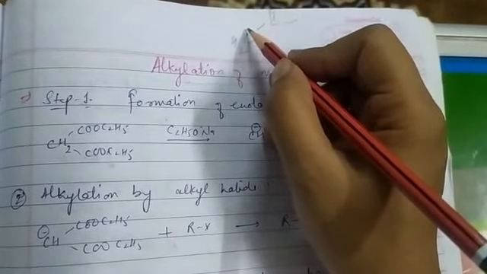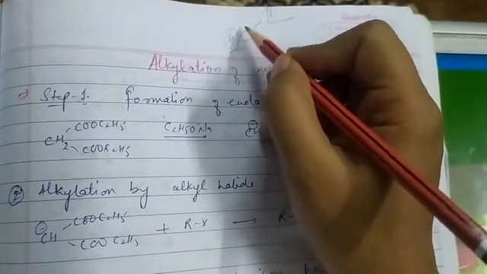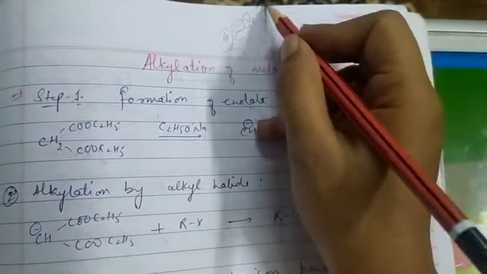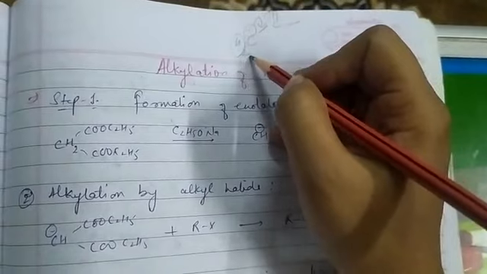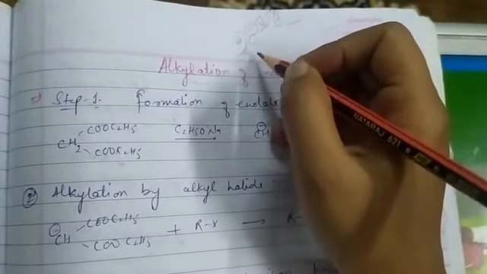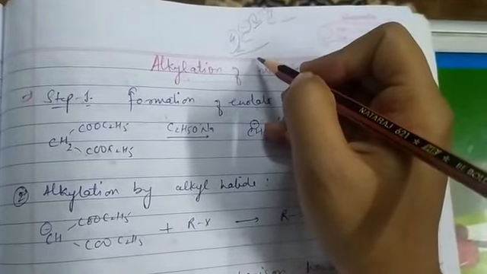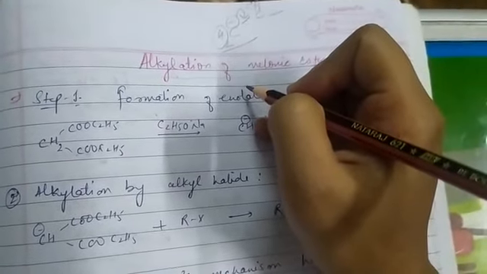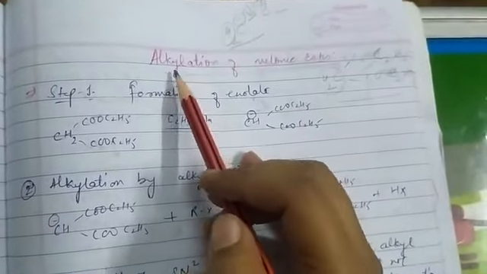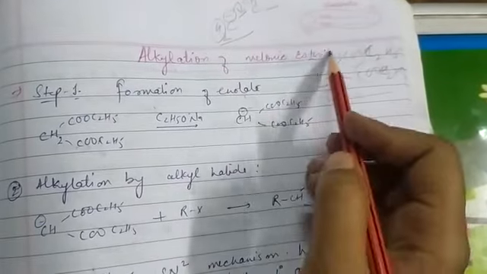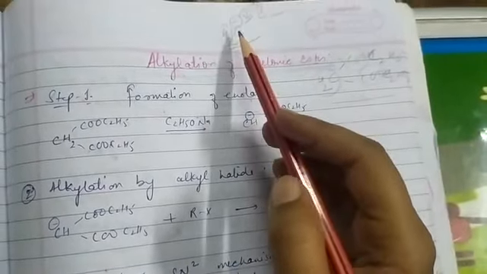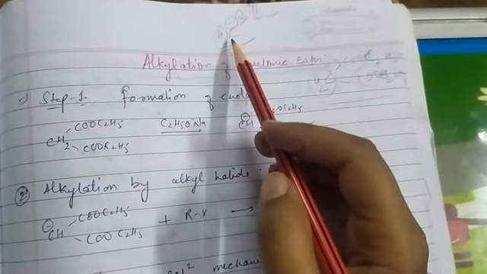It is acidic in nature because after abstracting the alpha proton, it will carry negative charge, and this negative charge is stabilized by the resonance due to this carbonyl group. Therefore, this alpha hydrogen is very acidic and it can be abstracted by a strong base, and due to this property, it can be used for the synthesis of so many compounds. And here is one of the compounds, that is malonic ester. In this also we will use this concept of acidic alpha hydrogen.